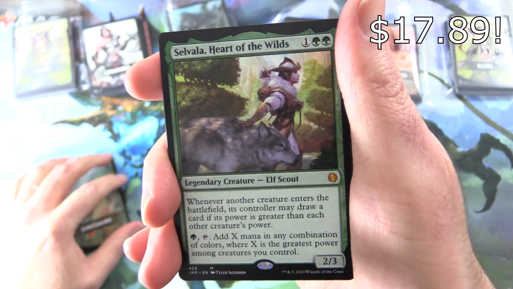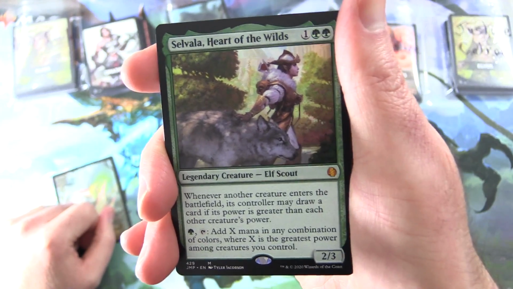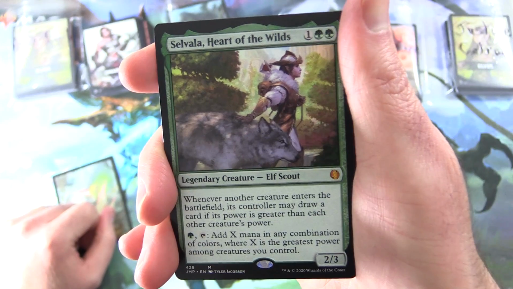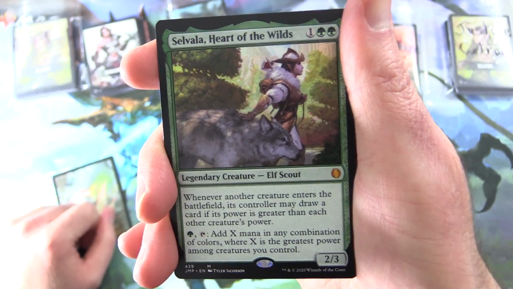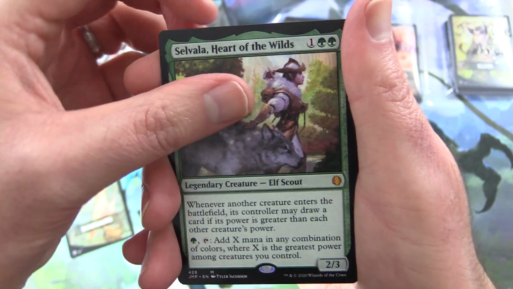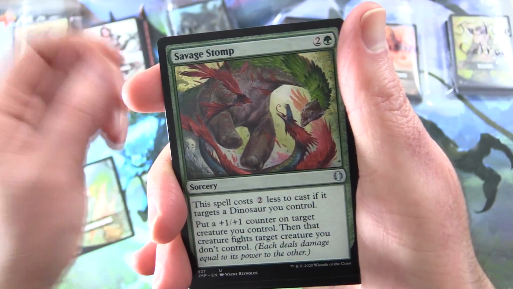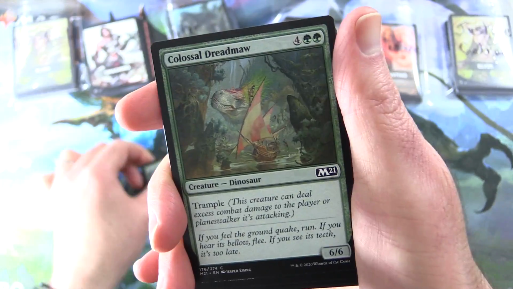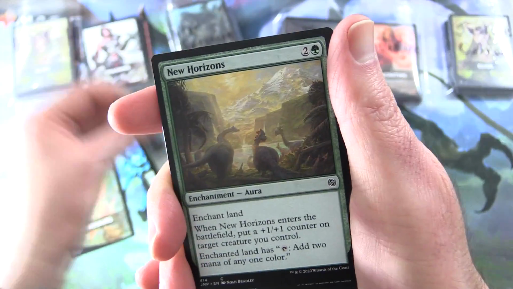Selvala, Heart of the Wilds. Legendary creature, Elf Scout, Mythic. 2/3 for 3. Whenever another creature enters the battlefield, its controller may draw a card if its power is greater than each other creature's power. And for a green, tap, add X mana in any combination of colors, where X is the greatest power among creatures you control. Fantastic. Drover of the Mighty, Savage Stomp, Thundering Spineback, Garruk's Uprising, Colossal Dreadmaw, Commune with Dinosaurs, Crushing Canopy,